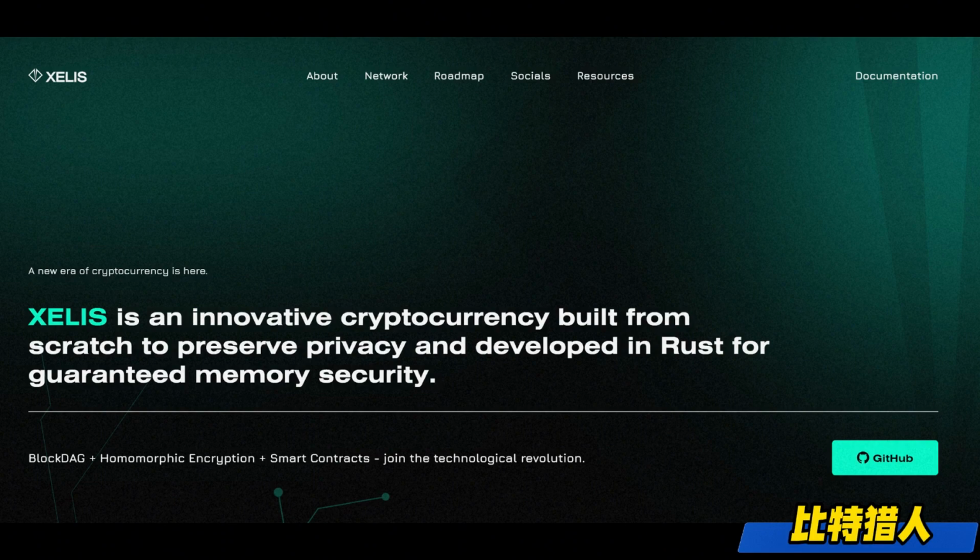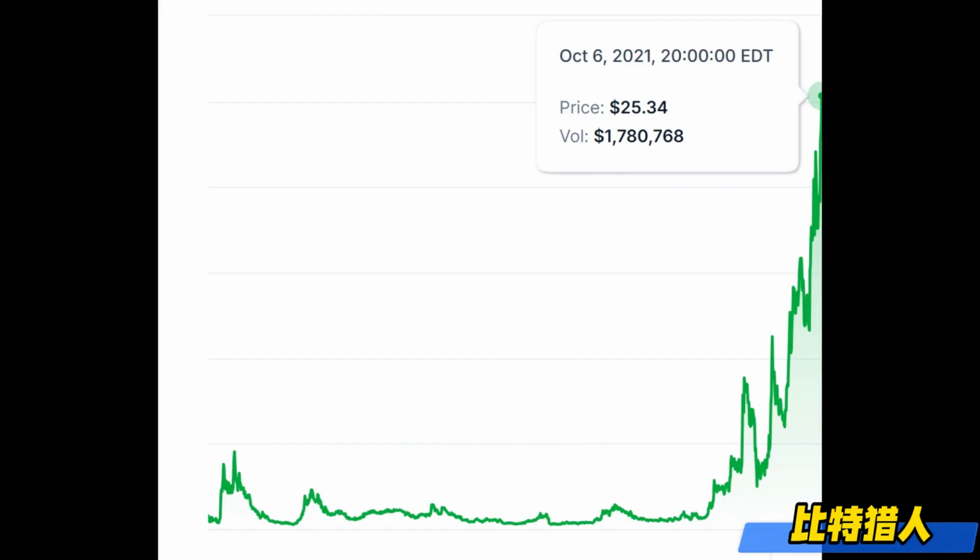Today, I will introduce a hot project recently called Zealous, commonly known as XEL. The development of this project is awesome, made by the author of the previously highly profitable Petrocoin. During Nairobi's last bull market, the price rose from 0.3 yen to nearly 30 yen, an increase of almost 100